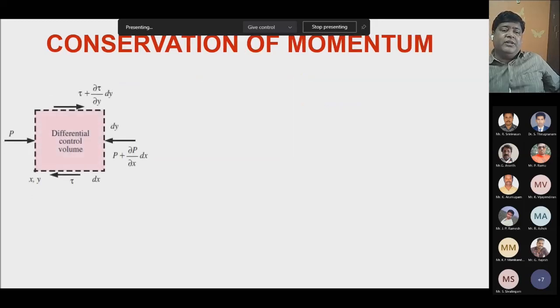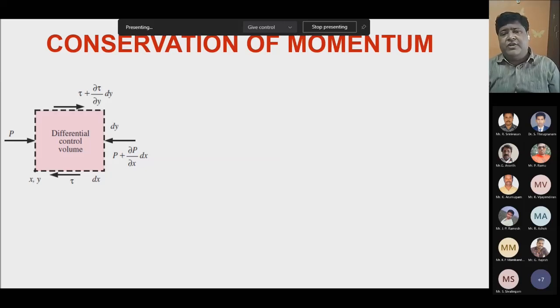Next is conservation of momentum. You start this momentum equation from Newton's second law, since the fluid is flowing. As I have told you, like we discussed in conduction, for any kind of physical problem we first use the primary conservation equations: conservation of energy, conservation of momentum, Newton's law, etc. Then we use the secondary equations that are specific to a particular subject.